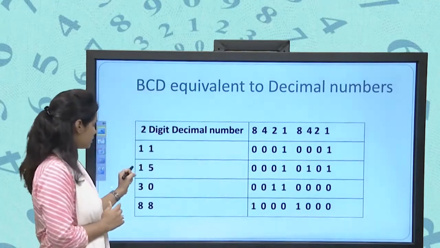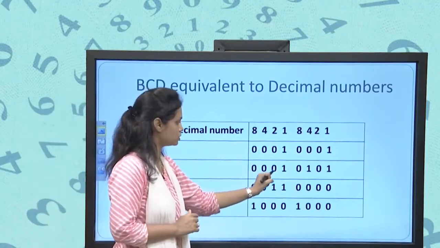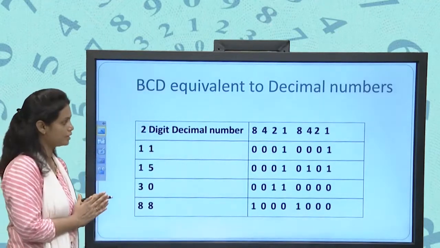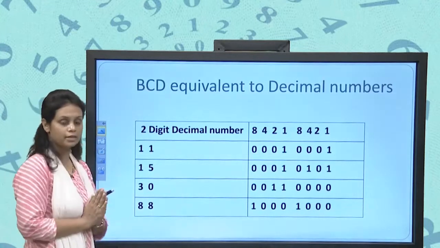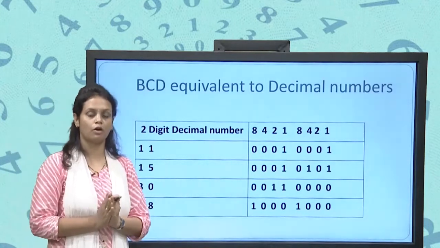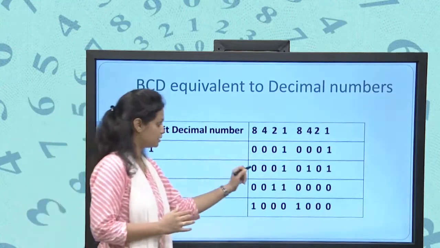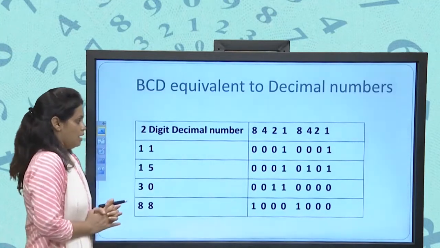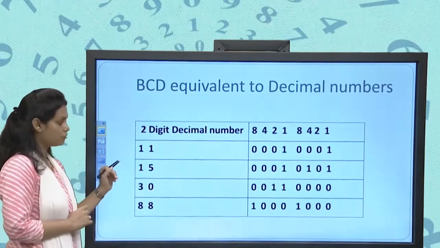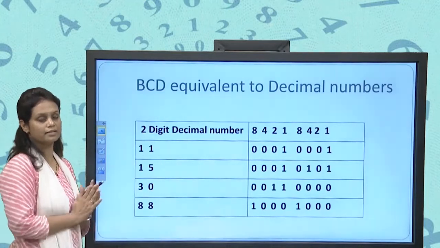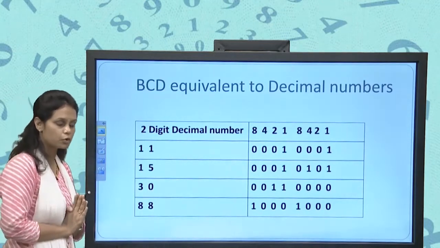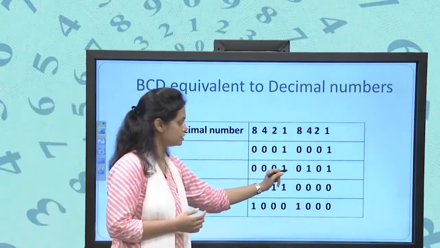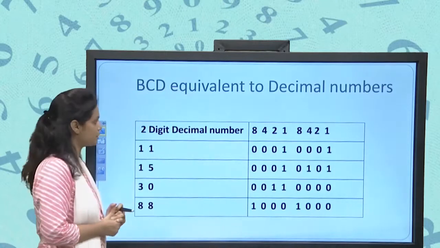Now what is left? 1. So we will write 0 0 0 1, fine. So now it is converted to binary coded decimal. The binary coded decimal of the decimal number 15 is 00010101. Okay, I am repeating, if we convert 15 into simple binary, then the answer is four 1s. But if we convert 15 into binary coded decimal, then it is 00010101.